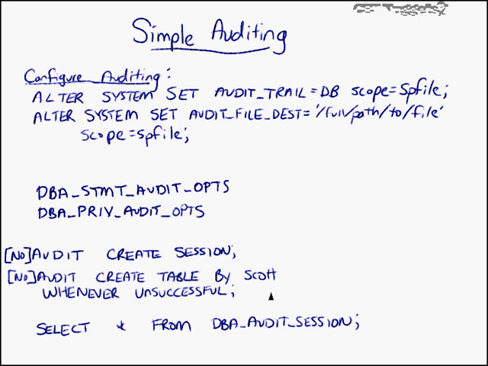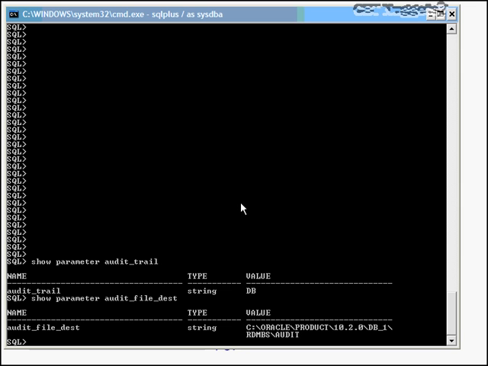So after you turn on your auditing, you can then query the DBA audit session, which will show you just the log on and log off activity, and all of the other auditing actions will show up in the DBA audit trail. Take a look at my parameters. I have my audit trail set to DB, and my audit file dest is set to this path. Now this really will only mean something if I'm on Unix or Linux. If I'm on Windows, the audit file dest, if it's set to OS, will actually go to the event viewer,